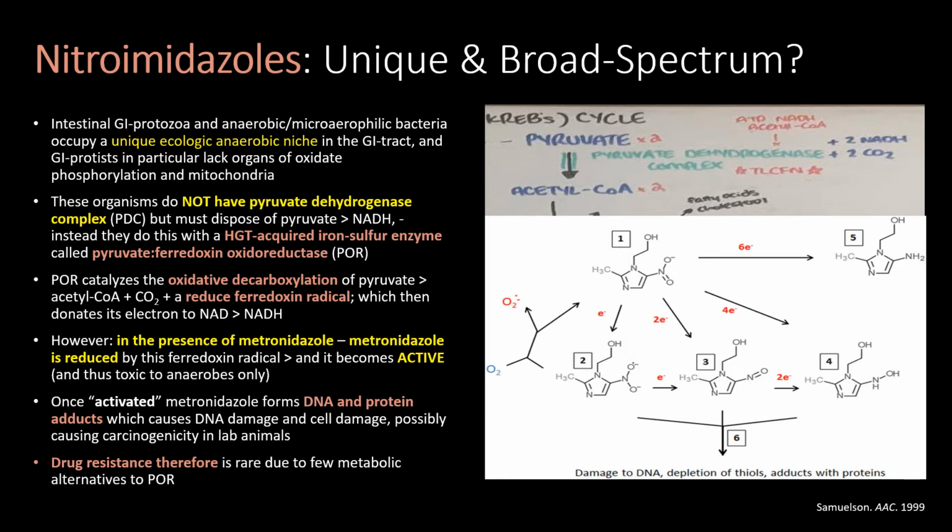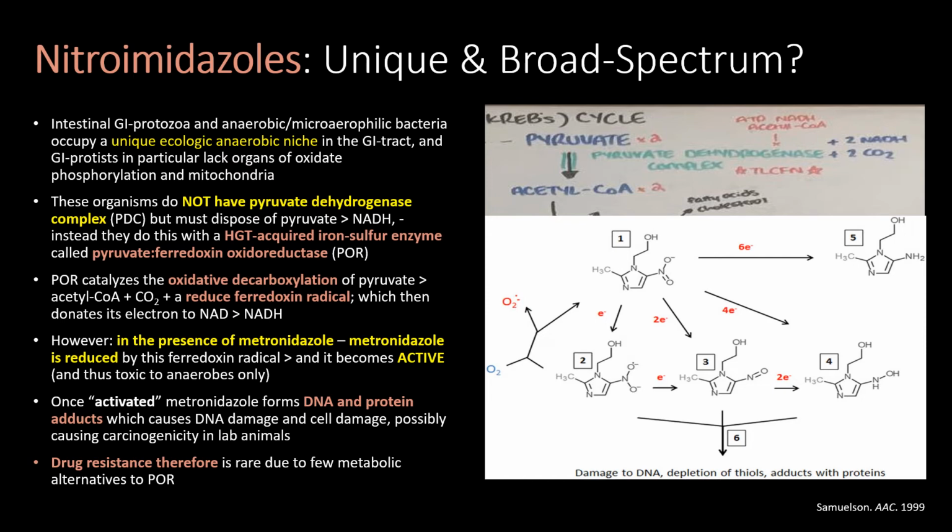But think, would this work as well for facultative anaerobes? The answer is yes, of course, if the organism upregulated the production of POR in anaerobic conditions. Consider this for non-strictly anaerobic organisms. Further, as you can imagine, for an organism to be drug resistant to metronidazole, it would have to downregulate POR to not activate the drug and have an alternative method of generating energy in an anaerobic environment. So although it exists, it is uncommon. This mechanism is conserved for nitazoxanide and furazolidone, and consider this when we think of using antibiotics creatively for difficult